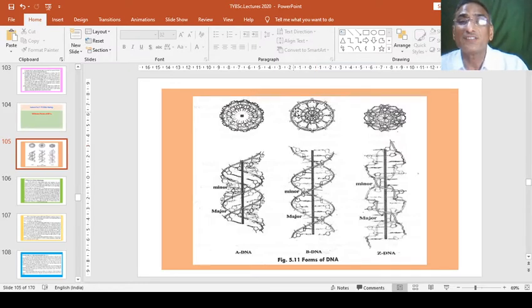So this diagram is very clear. And in Z DNA, the diagram is randomly scattered somewhat in this way. There is some linearity, but it looks like a zigzag diagram, with zigzag strands. The strands are not so straight or linear, but somewhat curved or zigzag. And these are the three different forms. What is the arrangement of the purines and pyrimidines? What are the minor and major grooves or curves? What is the arrangement of base pairs, phosphate, sugars, etc.? That we will see in detail in the theory.